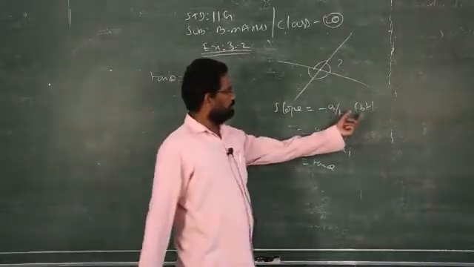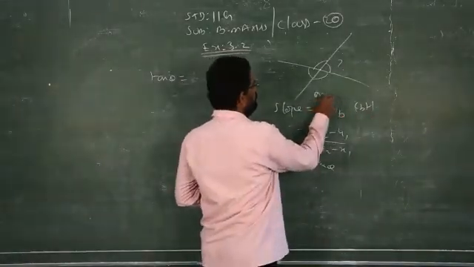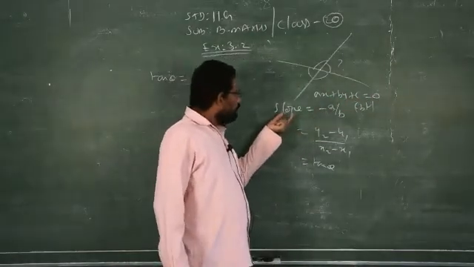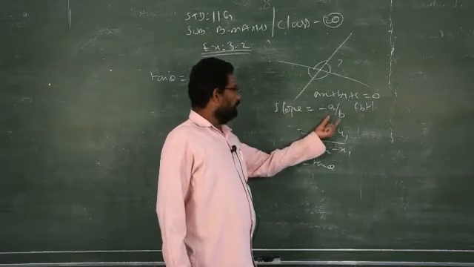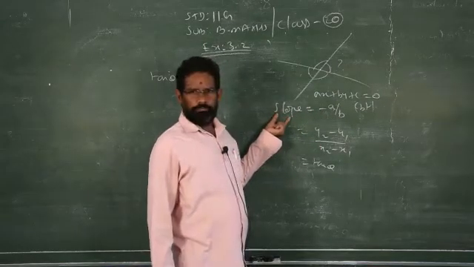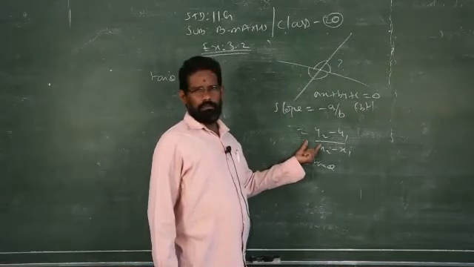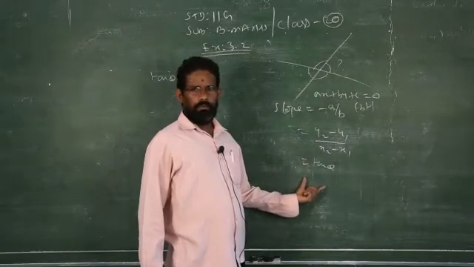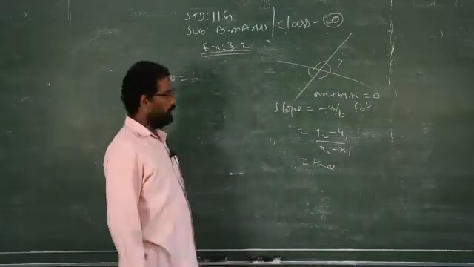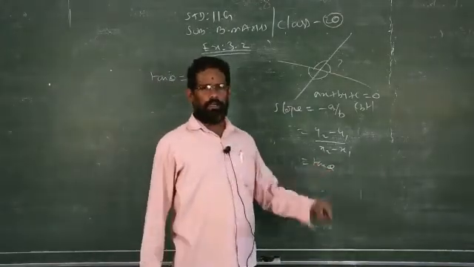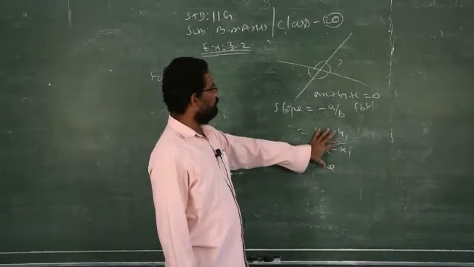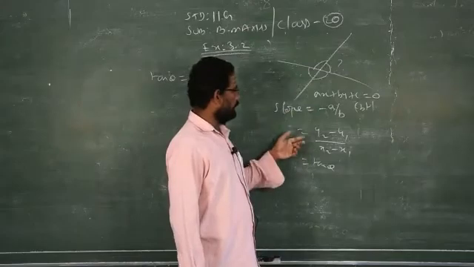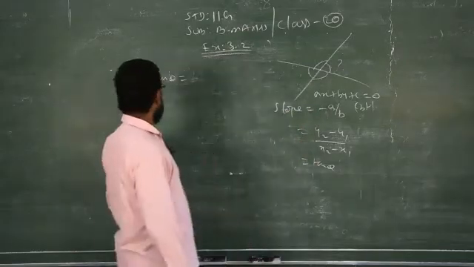When the straight line is given in the form ax plus by plus c equals 0, you can use the formula minus a by b to find the slope. If points x1, y1 and x2, y2 are given, use the second formula. When an angle is given, like 45 degrees or 30 degrees, you can use tan theta or cot theta. Clear? These are the formulas to find the slope of a straight line. Depending upon the question, you have to select any one of these three formulas.